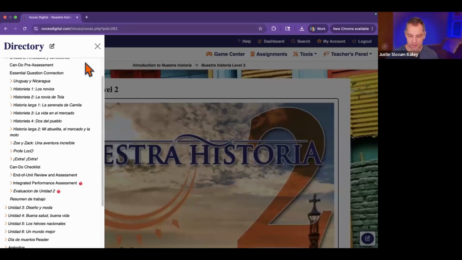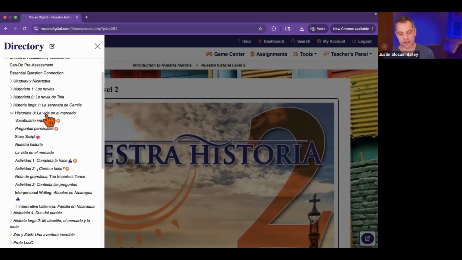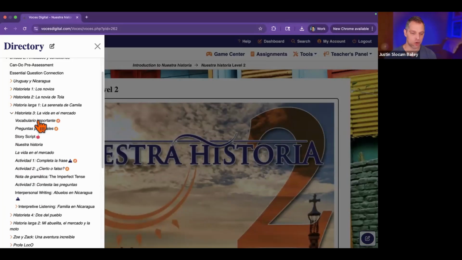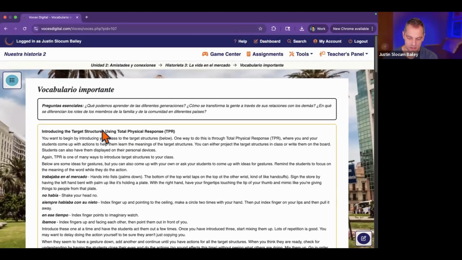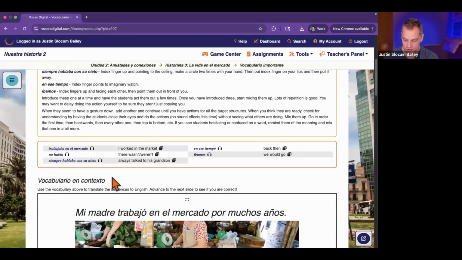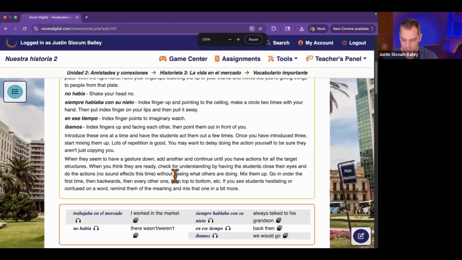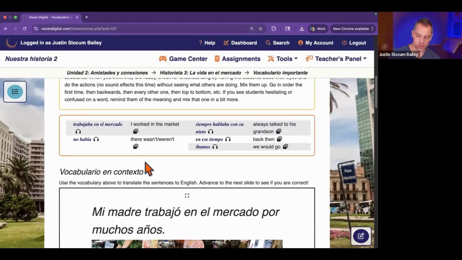So let's say I'm thinking about skipping this story, La vida en el mercado. What I'm going to want to do is go to the Vocabulario Importante page. I'm going to make this bigger. There's this long teacher's note about TPR, so I'll scroll to the actual vocab. What's in this orange box, both for teachers and for students, is the key phrases that are introduced in this story that if students did read that story and did do the activities, they would get a lot of exposure